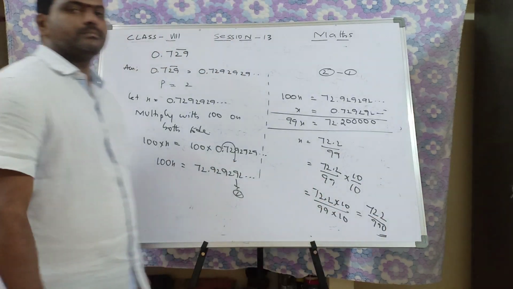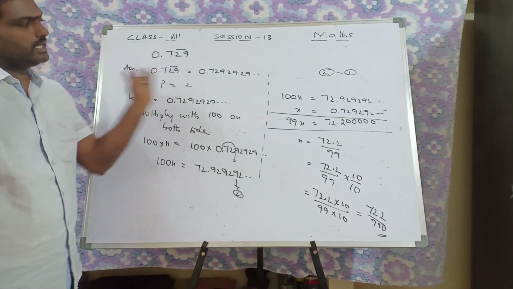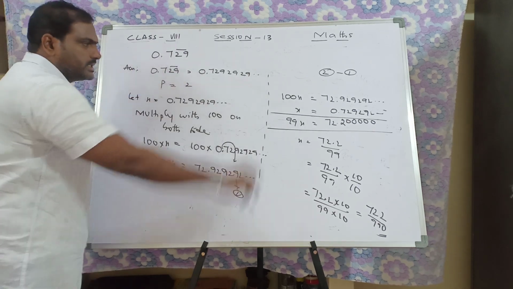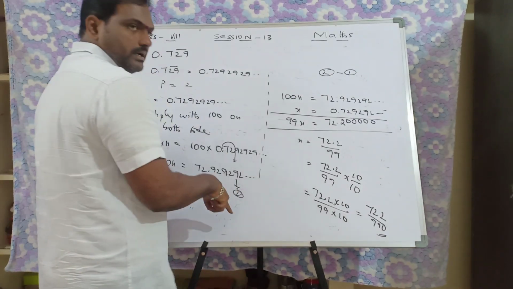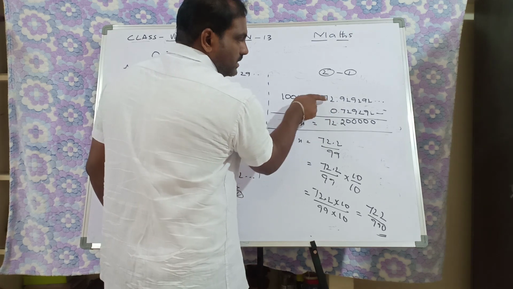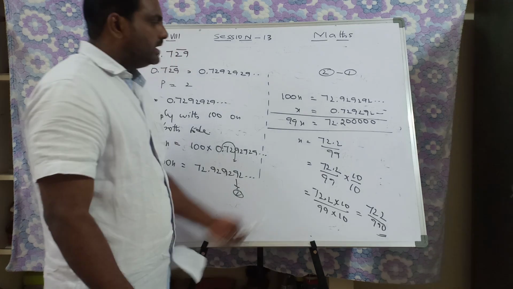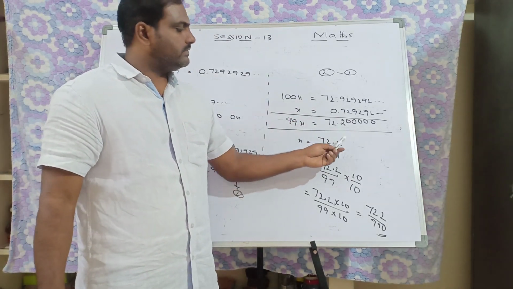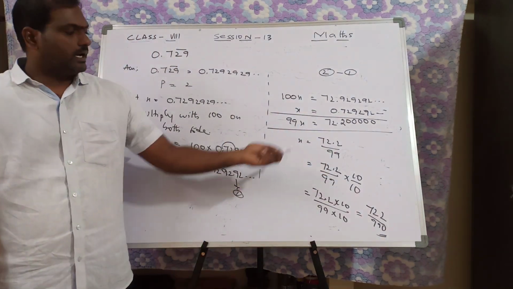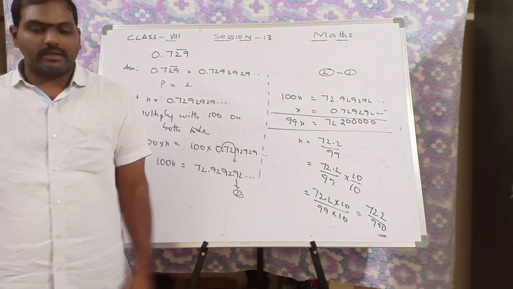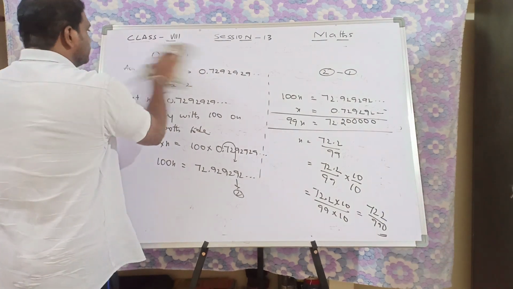This is the answer. So your mistake is that you have taken 3. If it is 3, the answer will be different. If it is 2, in this case you have to do it this way only. Okay, so remember this. What is the main step? Shifting. And the second thing is looking at the decimals. After decimal we are having only one number, that's why I multiply with 10. After decimal, if you are having 2 or 3 decimals, then I have to multiply with 100 or 1000 based on that. Okay. Next question, I'll explain one more question.